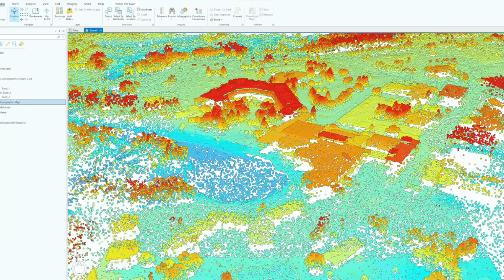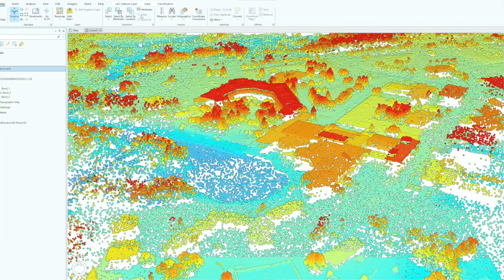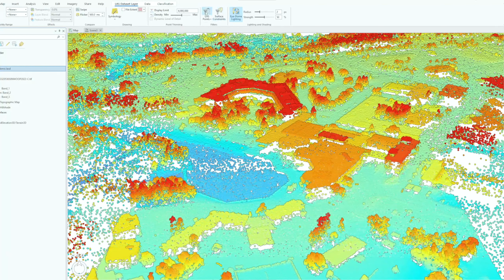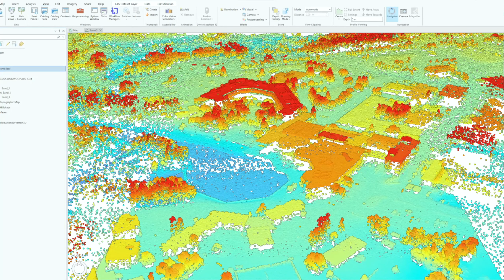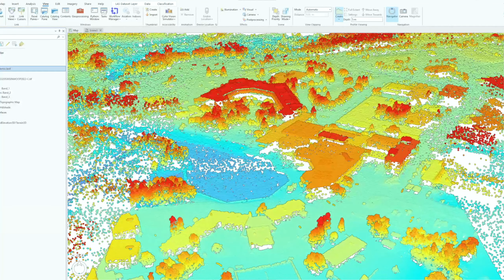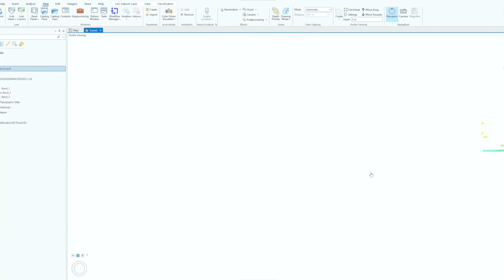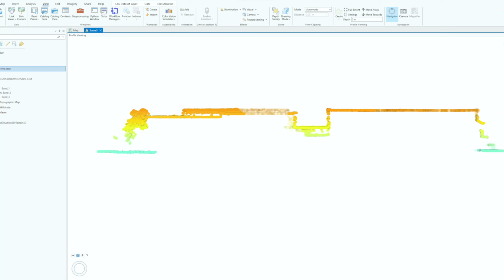But what we can do now is if you want to be able to take a profile, for example, we go here to LAS data set layer, under view, create, and we can actually draw our profile. And the thing to pay attention to always is this little circle in the corner, and you'll see that it's actually thinking. All right. So now we've got our profile there,